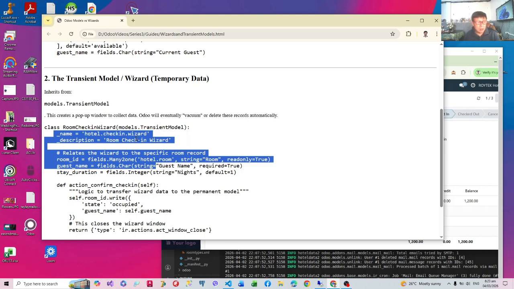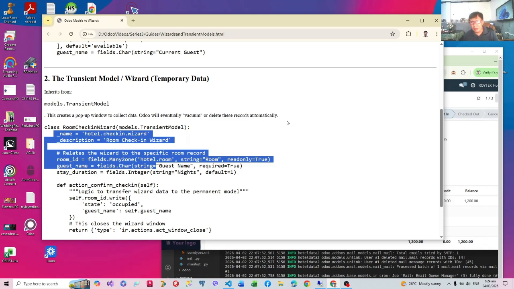Why do we need to do that? Because in Odoo, you cannot add user input without using a field. So a field is tied to a model, and we cannot use the permanent model because the user may cancel the wizard and might accidentally save the record into the actual PostgreSQL table.